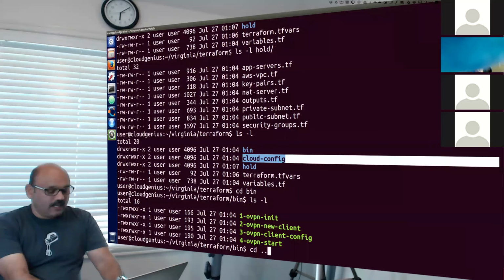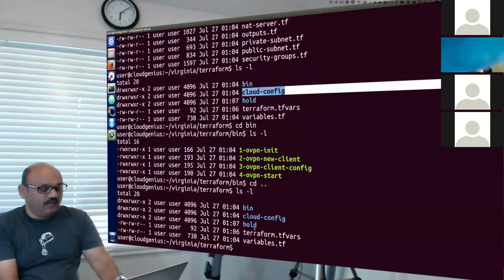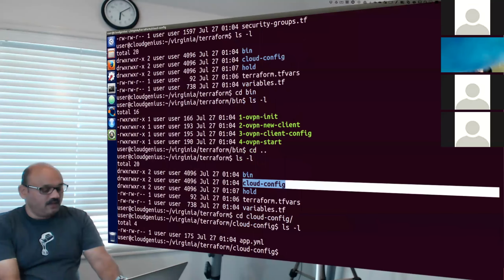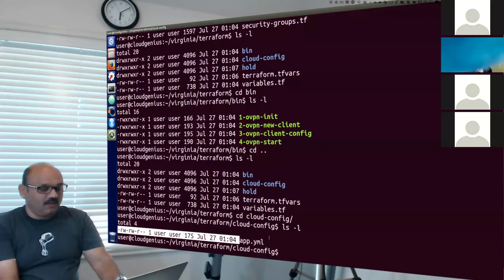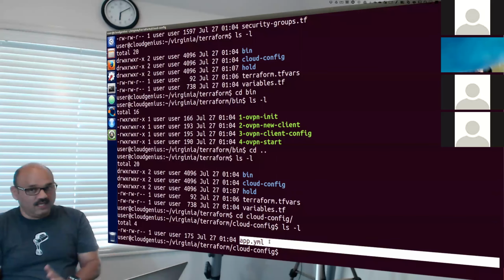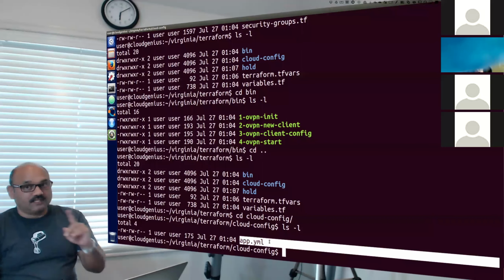So go back again. In our folder, we have a file called cloud config. Let's go see what it contains. And in our cloud config folder, we have an app.yaml file. We'll have to read that file because it contains some configuration to execute on the machine that gets created inside the VPC when you run this whole tool.